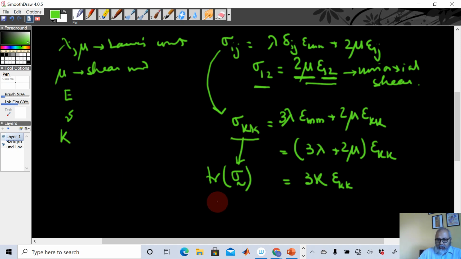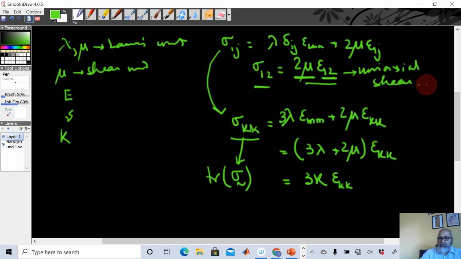So you are sure that you are applying purely hydrostatic stress. For example, if you take a block of steel under the sea, at a very great depth, you are pretty sure that you are applying only a hydrostatic stress. Then for an isotropic material, you will get only a hydrostatic strain, and if you can measure sigma kk and epsilon kk in such a situation, where you have applied only a hydrostatic stress and nothing else, then the ratio between the hydrostatic stress and the hydrostatic strain would straight away give you the bulk